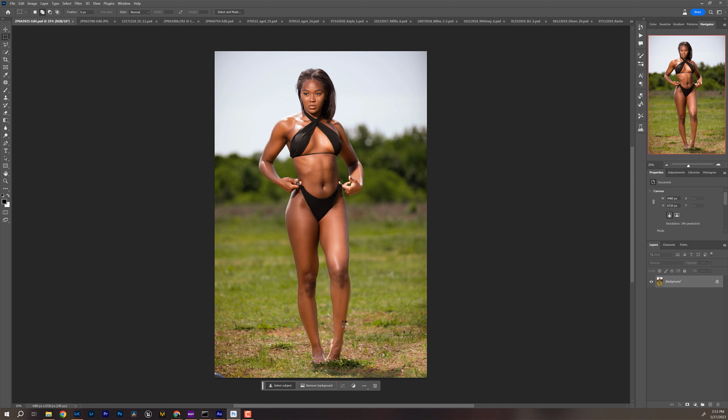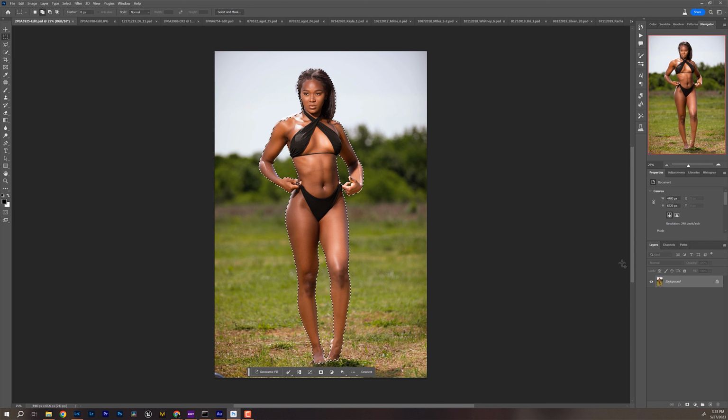Just select subject, and we're actually going to see how this does, because it doesn't always work well with Photoshop. But I've realized that when using this software a lot, it'll recognize something like the inner part of the elbow as something it's not supposed to be, that violates the community guidelines. I don't know why, but it does. All right, we have our selection, right?